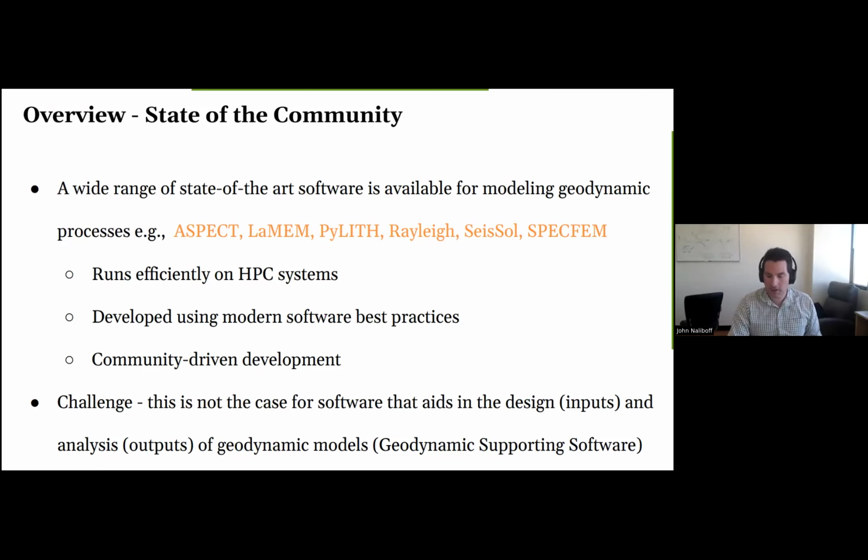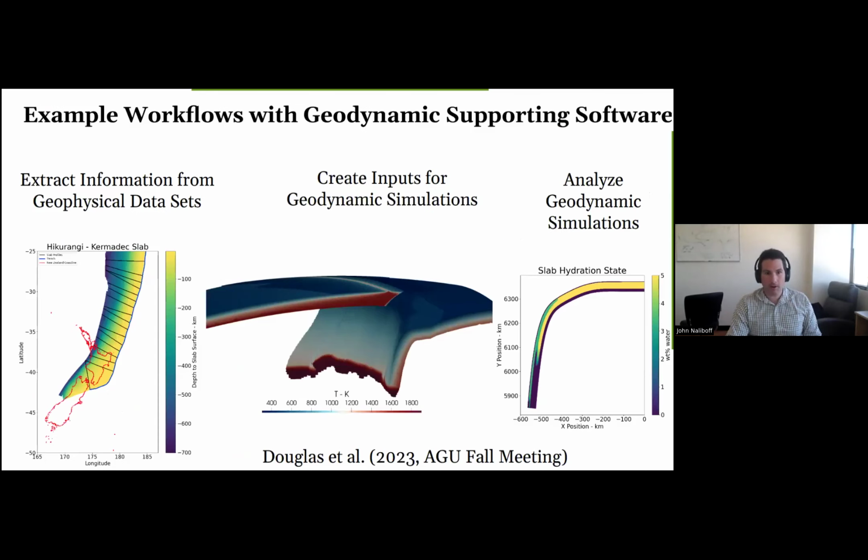And for this type of software, for lack of a better term, we're going to call it geodynamic supporting software. So here are two examples of geodynamic supporting software from projects I've worked on. This is from the work Daniel just presented a little bit earlier. With geodynamic supporting software, one workflow might be that you first start by extracting information from geophysical data